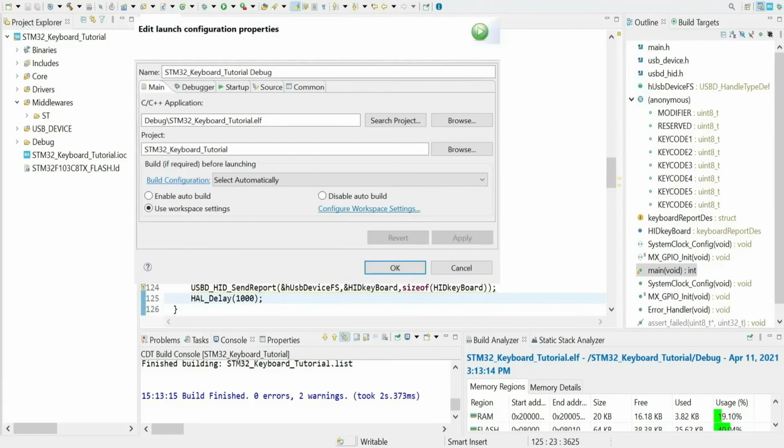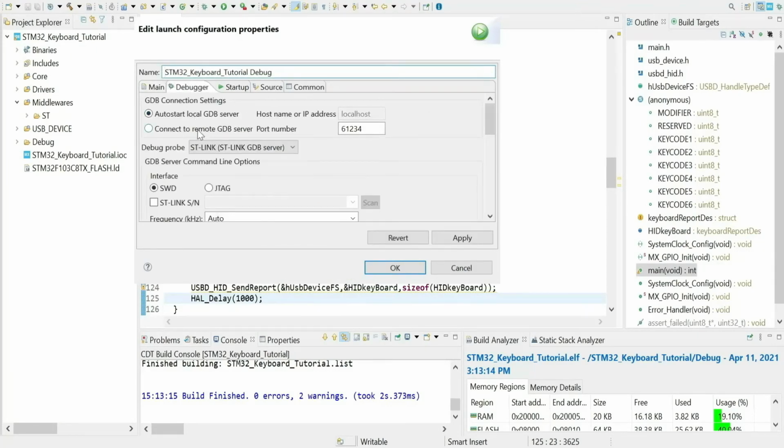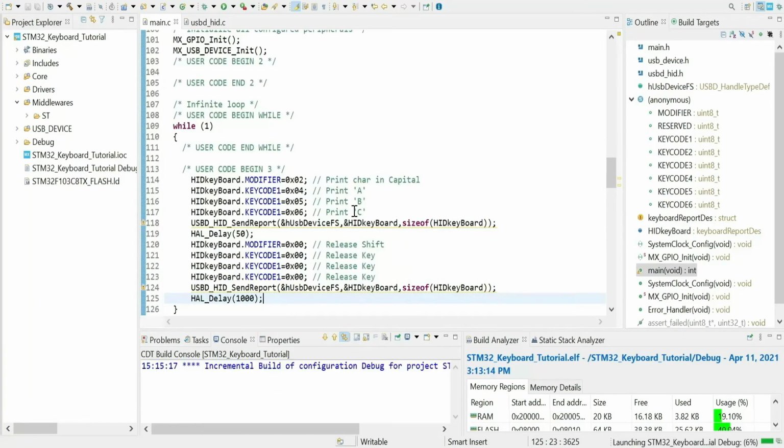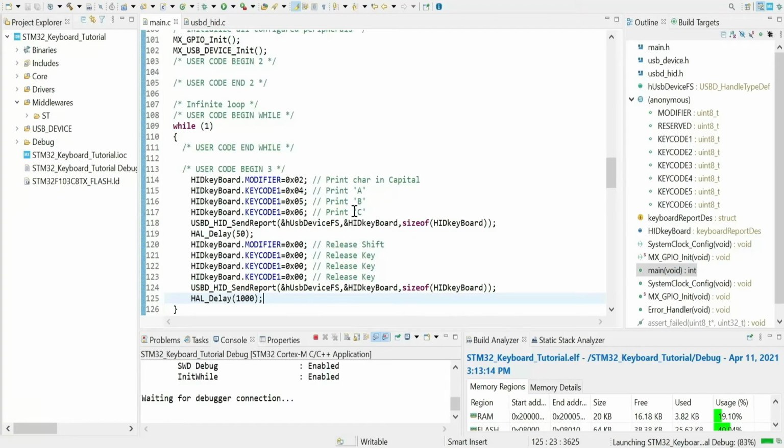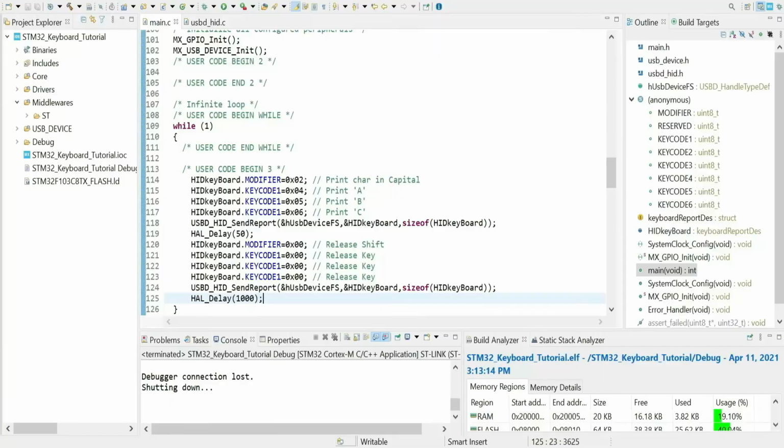If you are uploading code for the first time, then you have to set the debugger. I am using ST-Link, so let me set it. Code is uploaded now.